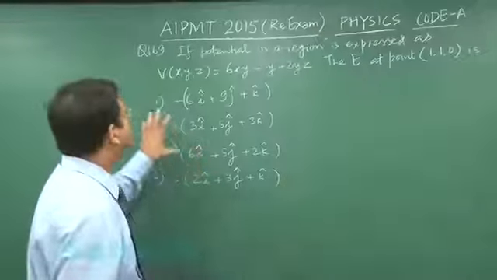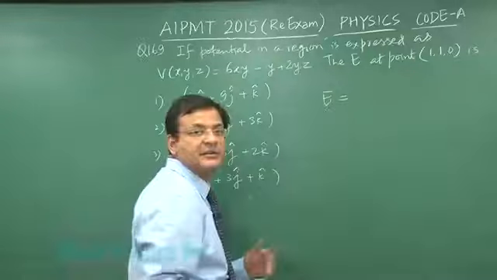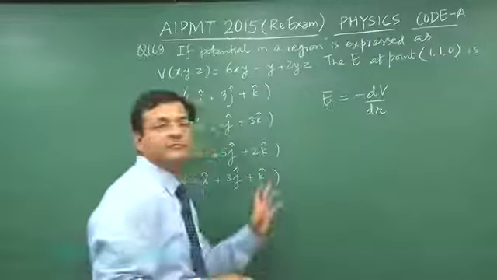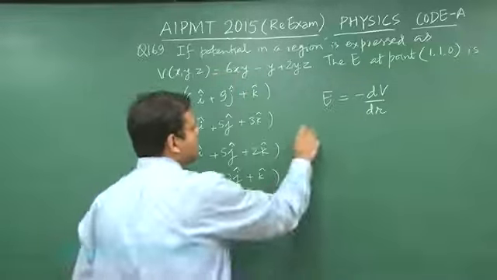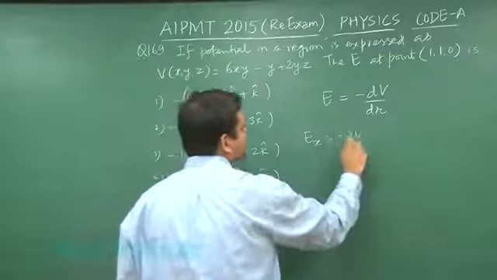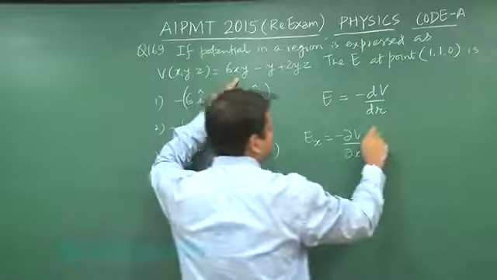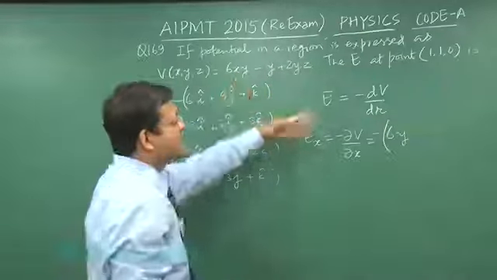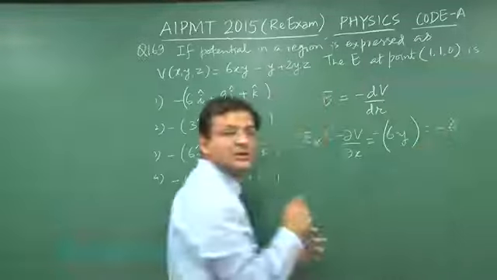Now this question 169, that of electrostatics, will use the relation between electric field and potential, E is equal to minus dV by dr. But here you have been given potential in the XYZ coordinate system. So the electric field X component will be minus del V by del X. Partial derivative you have to take. If you differentiate with respect to X partially, this will be 6Y, and all these other things will be treated as constant. Value of Y has been given as 1, so this will have value 6, minus 6 Newton per Coulomb.